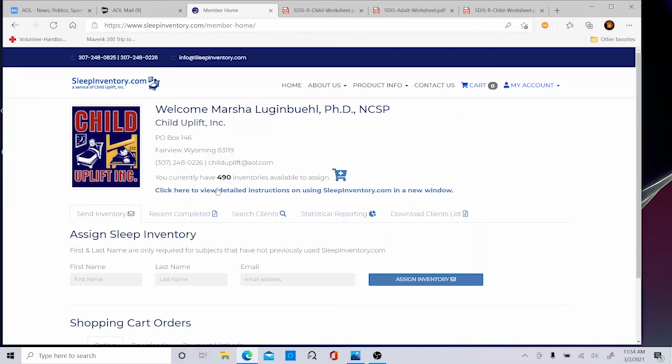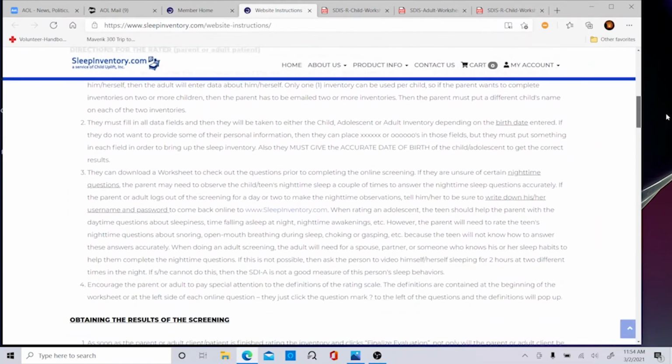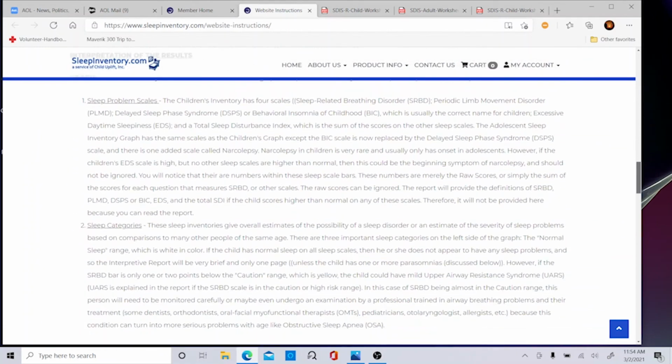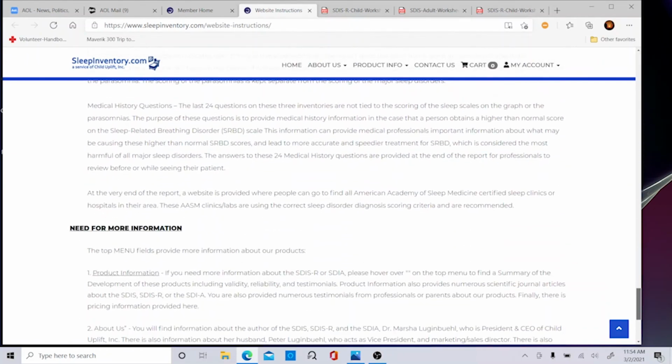Okay. If you click here on this blue, it says click here to view detailed instructions on using the sleep inventory. And I strongly recommend that all professionals, either them or their office manager or whoever's doing these screenings, it might be a dental hygienist or a PA or something like that, need to read this information because it will guarantee that they don't have any problems and that the whole screening runs very smoothly without any